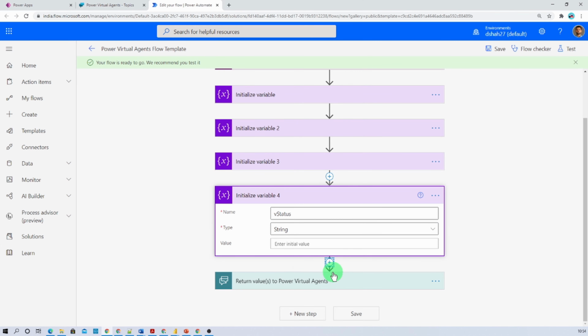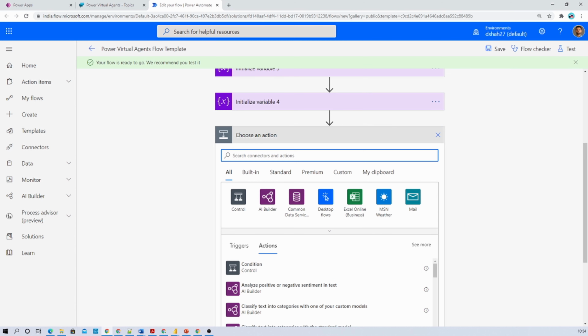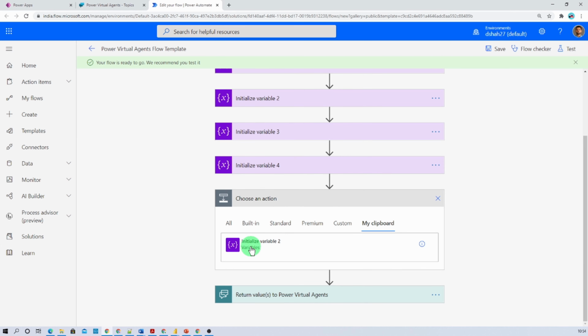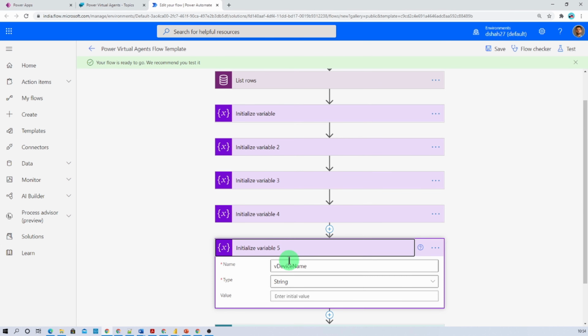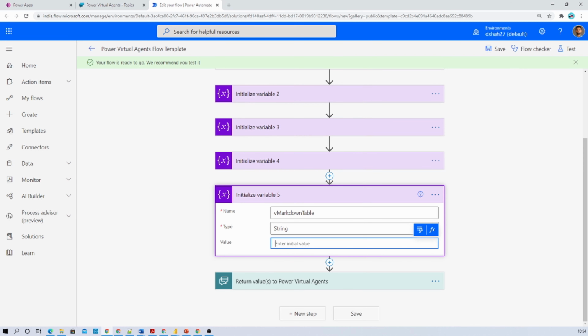And at last we wanted to have the markdown table. So markdown table is something which will provide the output as a table structure. So let's provide that, and now provide the name here as v markdown table, and let's provide the string.